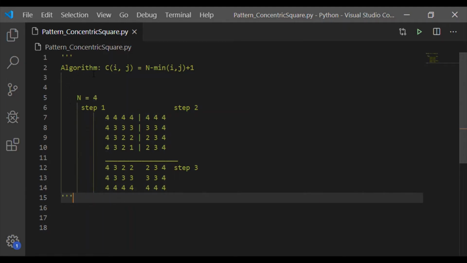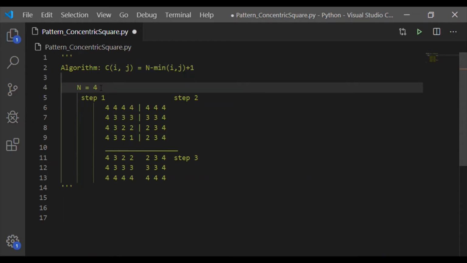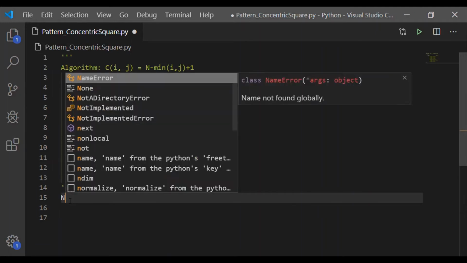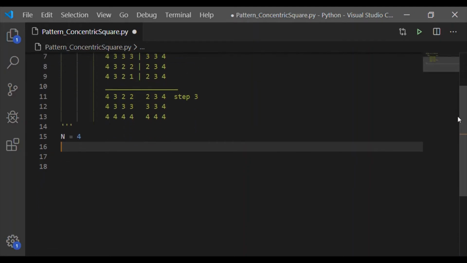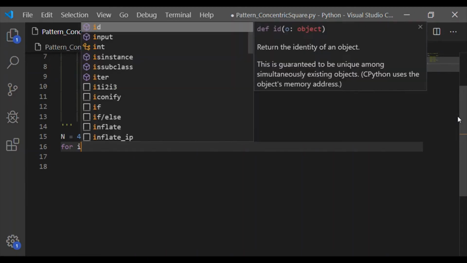And the cell value shall be C of i, j equal to n minus minimum of i, j plus 1, where i represents row, j represents column. Let us have the variable n, and first we will give the value as 4, as we have seen in our algorithm. To do step 1, we have to start with the row.